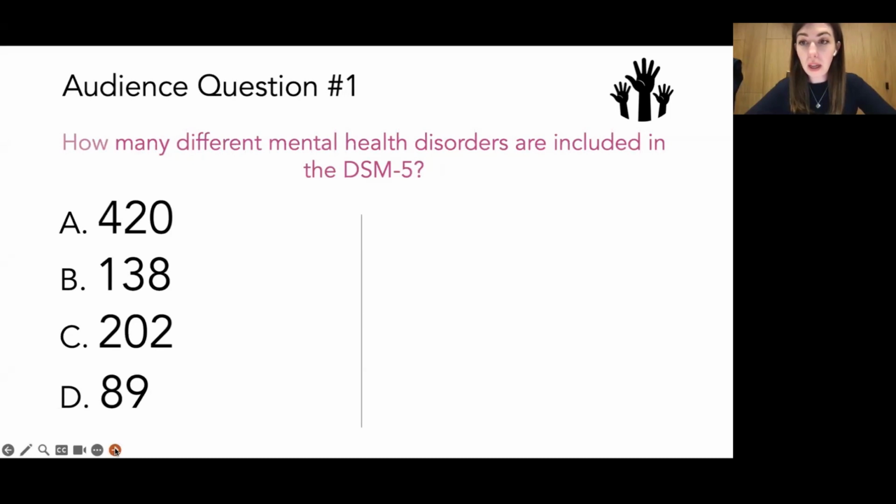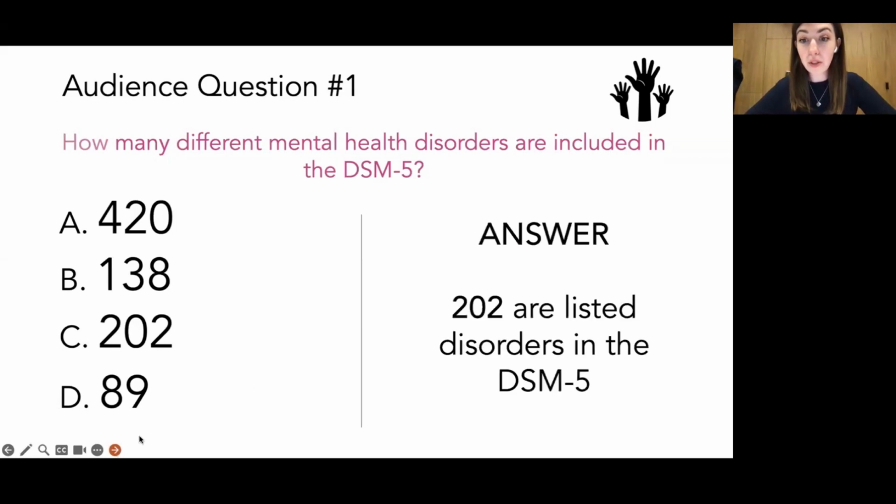Okay, so hopefully you've gotten the opportunity to answer that, but the answer is 202 items are listed in the DSM-5. It seems like most people said 138, and then about a third of people also said 202. So this obviously is a lot of